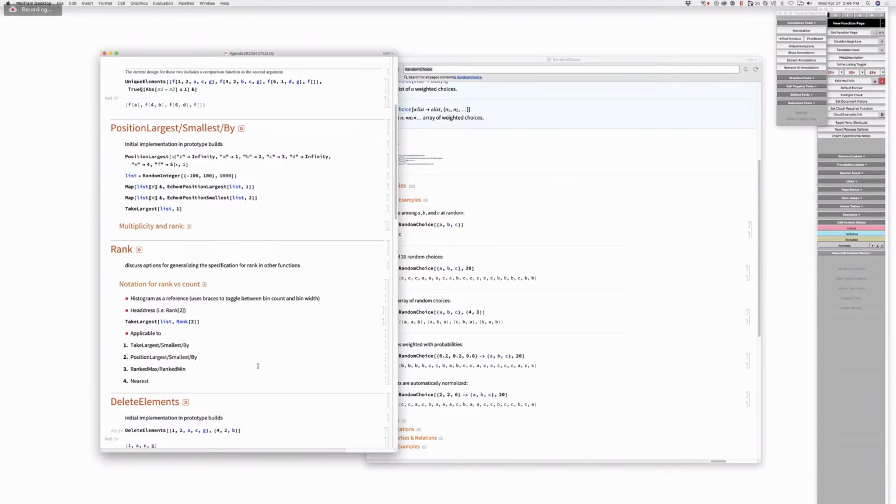No, I think it means something different. Because what it means is, well, yeah, in take largest, it really needs a concrete example there so people can see the difference. Otherwise, it's too confusing. Right. So if you open the subsection on multiplicity and rank in position largest and smallest, there's